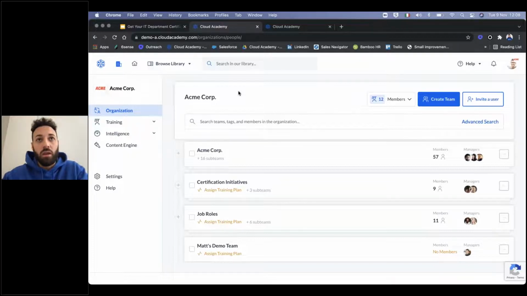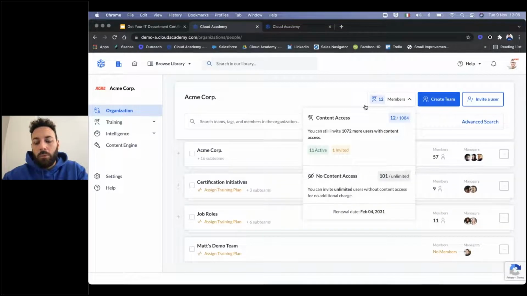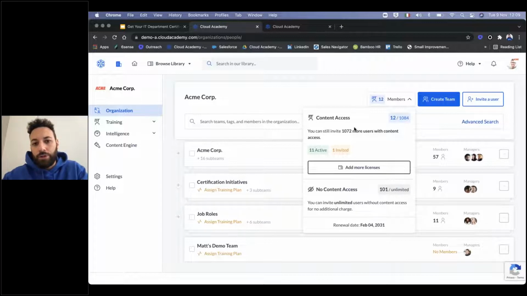Think about that. For example, you can give access to Cloud Academy not only to the end users, so people that need to study and to consume content, but also, for example, to stakeholders, so people in your organization that need to take a look at the results, the certification, and basically how your Cloud Academy adoption is going. Here is very simple because this is a recap of the seats available on your account. So here you can add more licenses, and in case you can speak with your dedicated customer success manager, or contact the sales team directly.